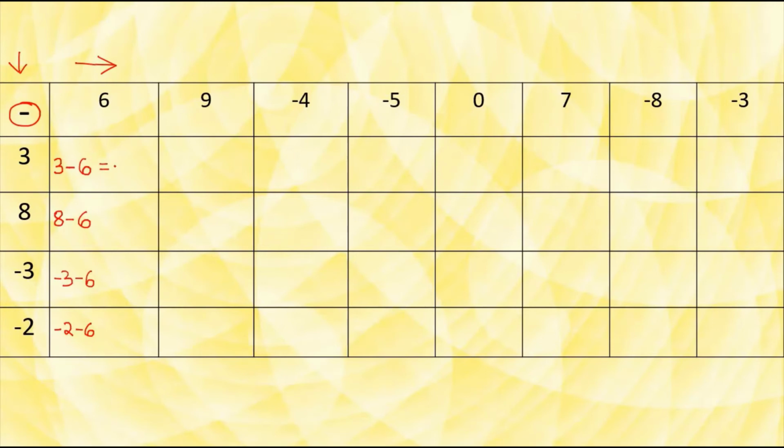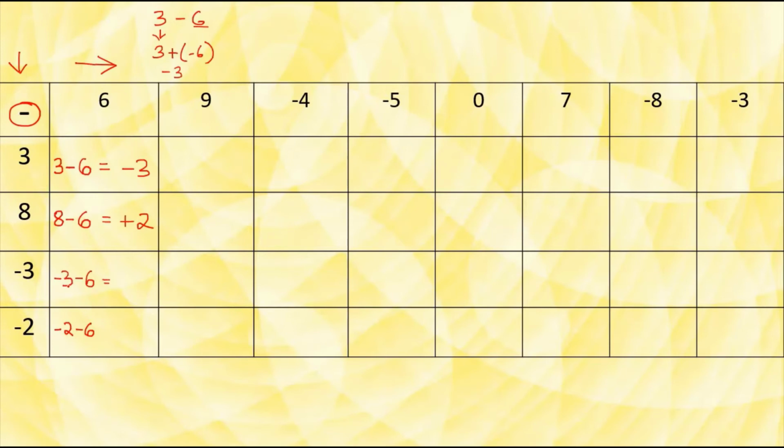After writing, we solve here 3 minus 6. So I'll write 3 as it is. This subtraction will change into addition and 6 will become minus 6, which means our final answer is going to be minus 3. So my answer here is minus 3. Similarly, if you see the second sum, 8 minus 6, this is a normal subtraction. So my answer here is plus 2.